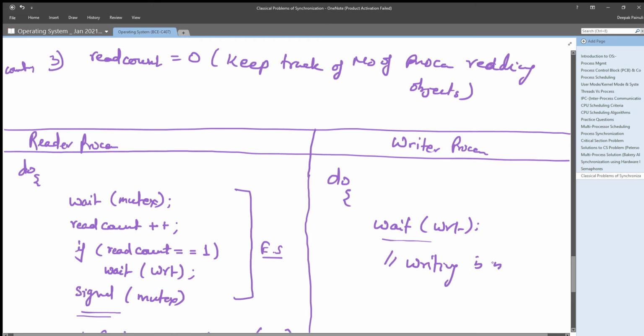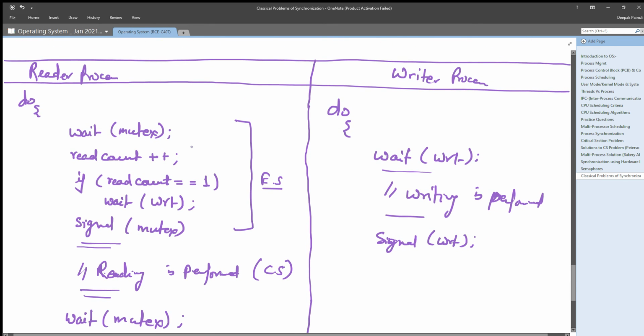Writing is performed, right? And after that only it will signal write, so that other processes which are waiting to write can start writing, right? Okay, now this is all for the writer process.